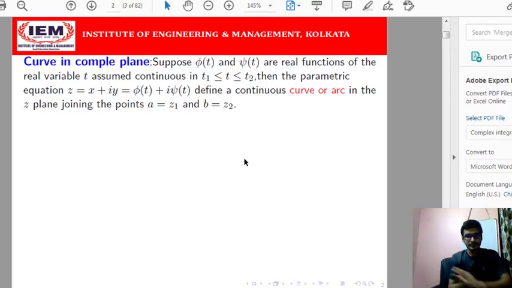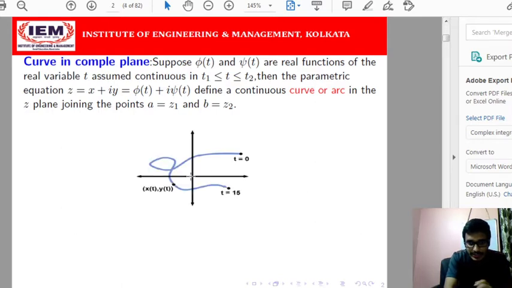Whenever we consider a geometrical figure in two dimensions, it represents the equation of a curve. This curve can be a straight line, a parabola, a hyperbola, anything. So in the complex plane, what do we mean by a curve? We are going to discuss it. You know the parametric representation. Whenever we consider the complex plane, that is the x-axis and that is the y-axis. So how can we consider a curve?